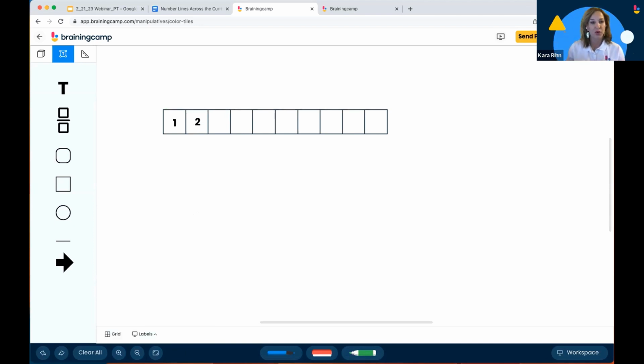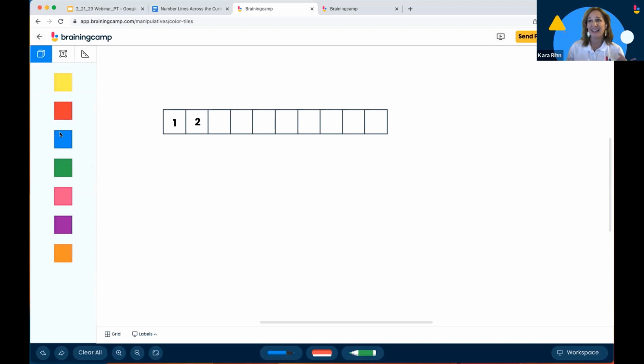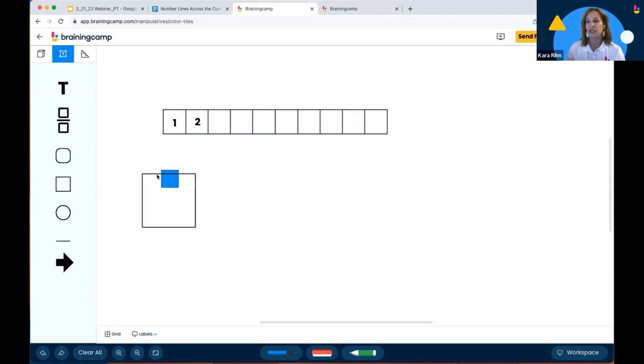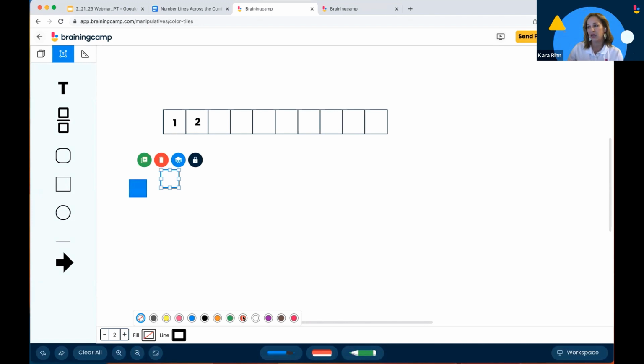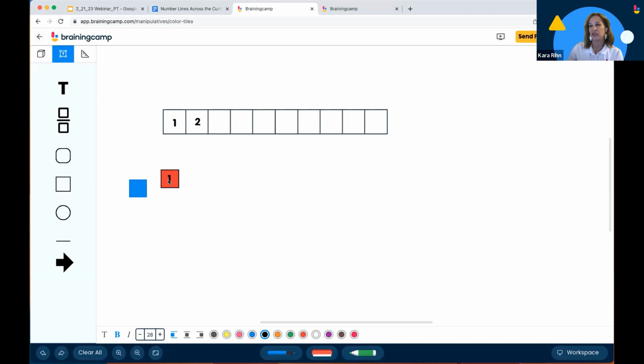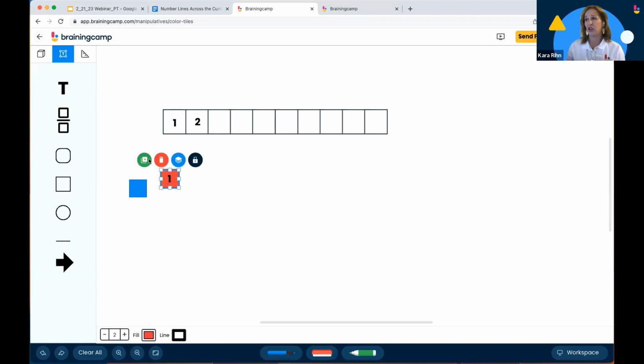Another way you can create a very quick number path is to use whatever tool I'm in. If I want to use this color tile because I want it to match, I want them to be able to work around it. So I'm going to bring out my shape. What you'll notice again is this pops up down here, whatever's selected. I'm going to bring that in a little bit, and then move my color tile because now I want to fill this in to be red. Again, I'm just going to copy this and bring this down here. And so now I can very quickly